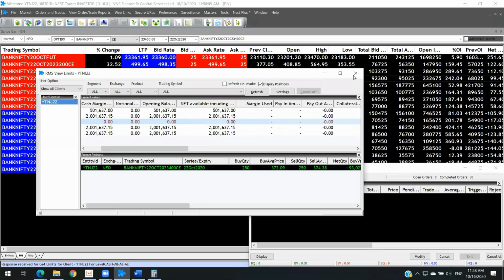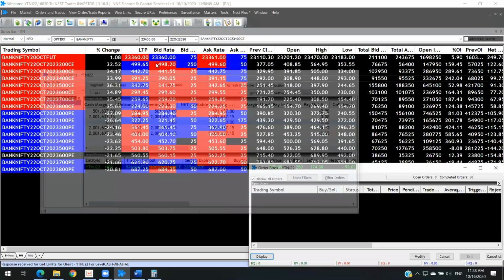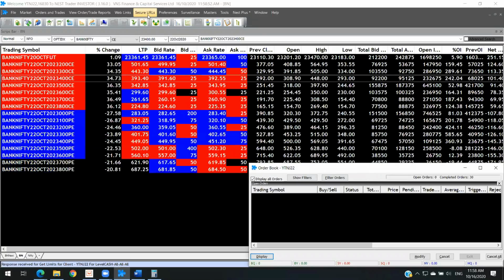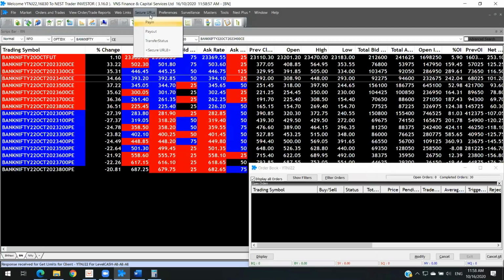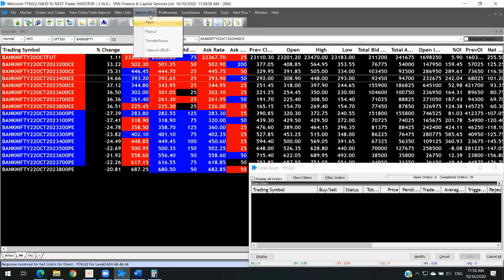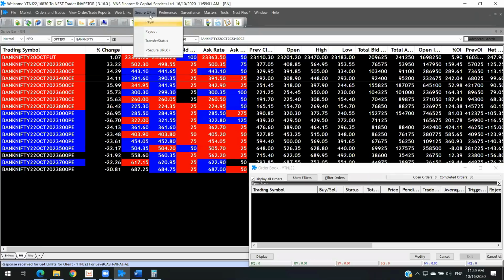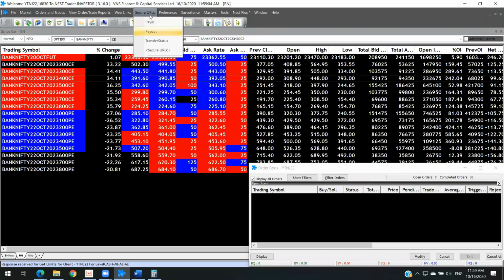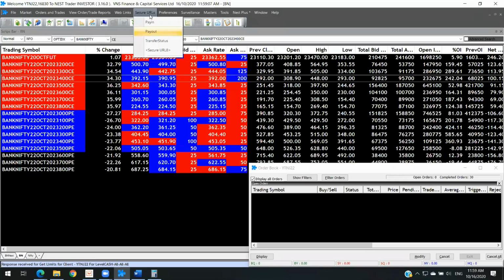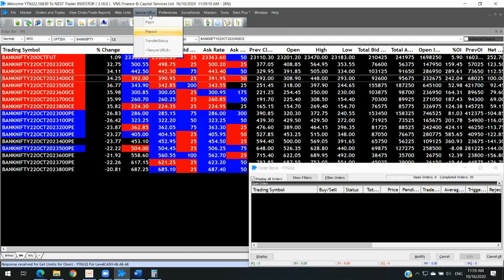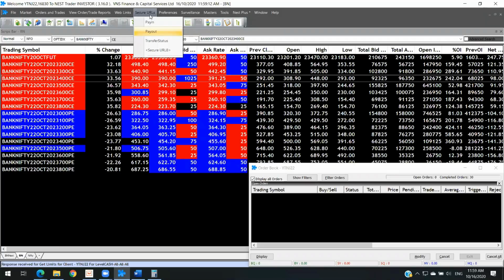Then your pay out amount will be available here. Say for example, if you wanted to do a pay in, you can use this option which is available under the secure URL. Click on the pay in, you will be able to do a pay in. That means you can bring money into the trading account. If you wanted to do a payout, click on this payout. That means any profit which you have taken, say I've made 20,000 today and I wanted to take the 20,000, use this payout option to take the money out.